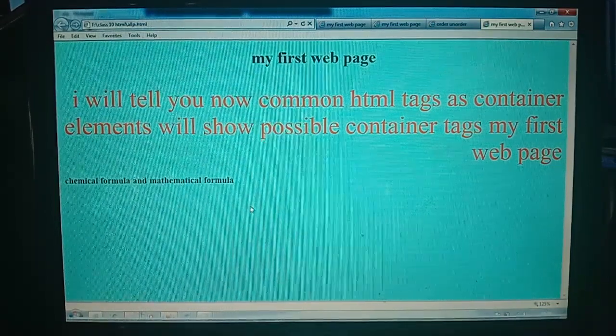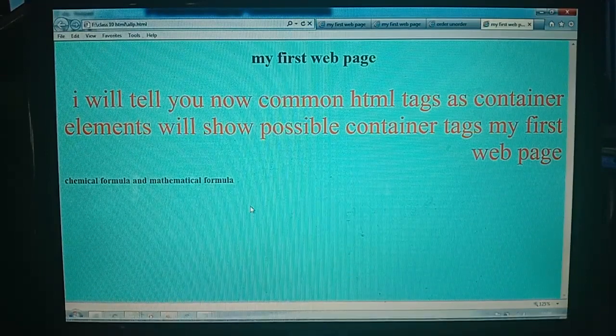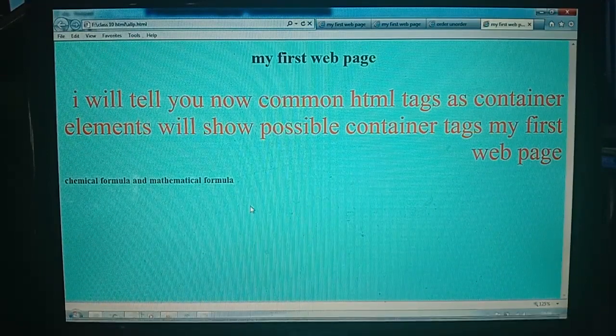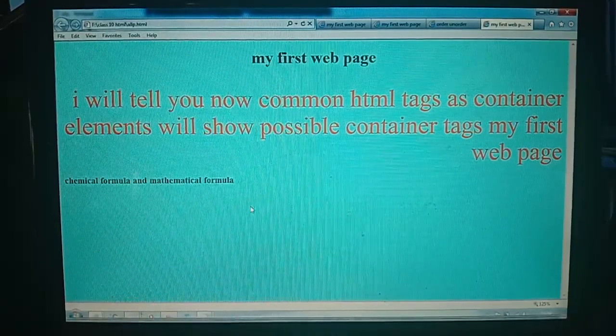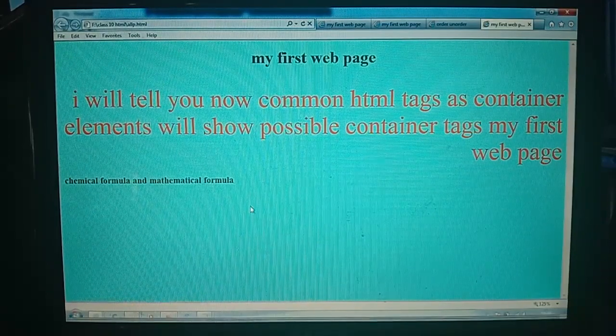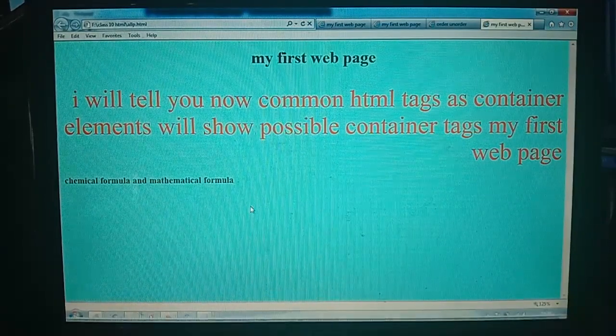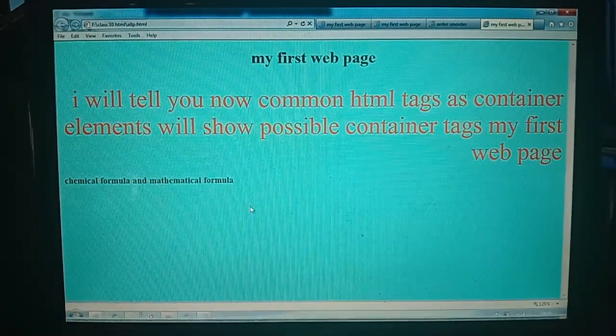Now I'll give you the next option, about the other elements. Empty elements we have already used: BR, HR, IMG with SRC to insert images. I'll give another example of IMG SRC in the next video.